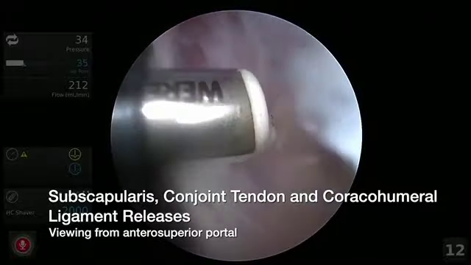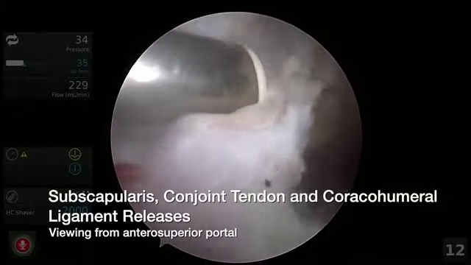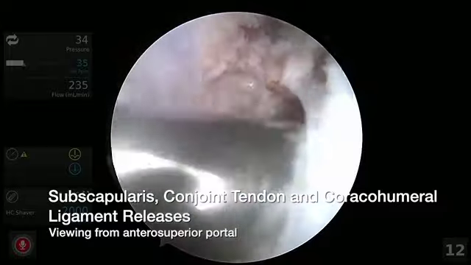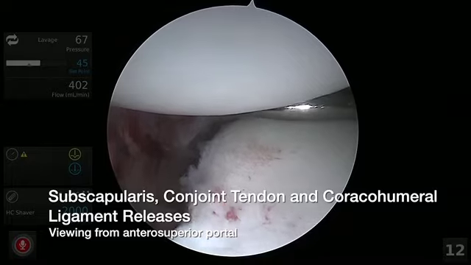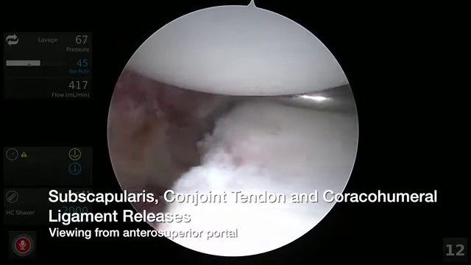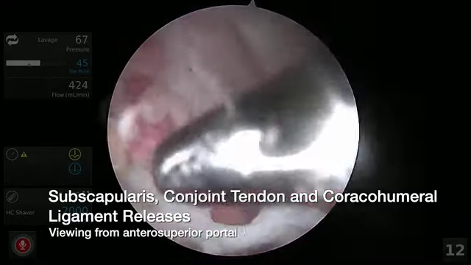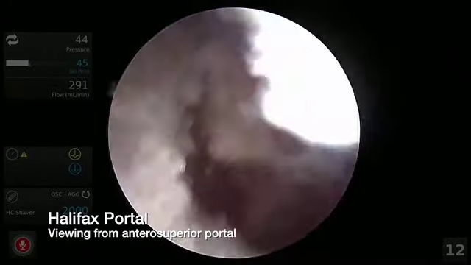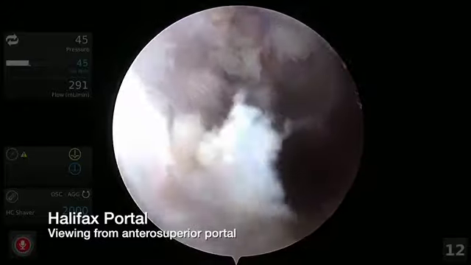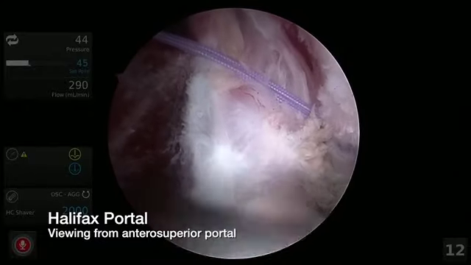In order to facilitate easy graft insertion, we release some of the anterior soft tissue structures such as the coracohumeral ligaments and adhesions between the subscapularis and conjoint tendon. We want to ensure that the subscapularis muscle can be depressed all the way down to the 6 o'clock position as shown here. The Halifax portal is made using an inside-out technique with the arm adducted to release tension of